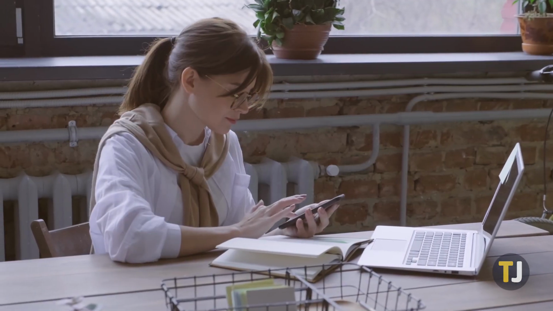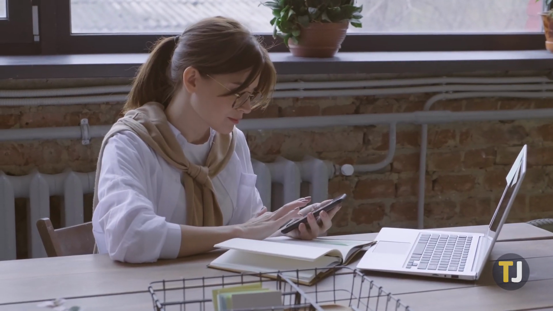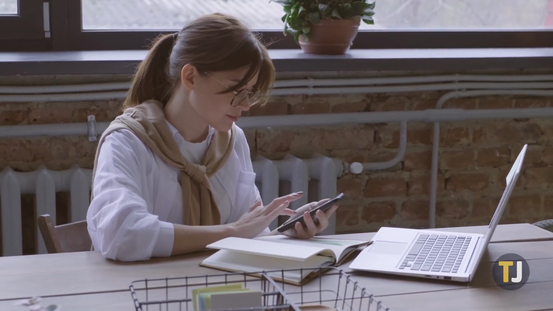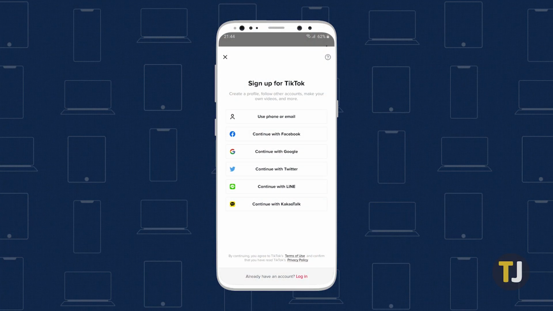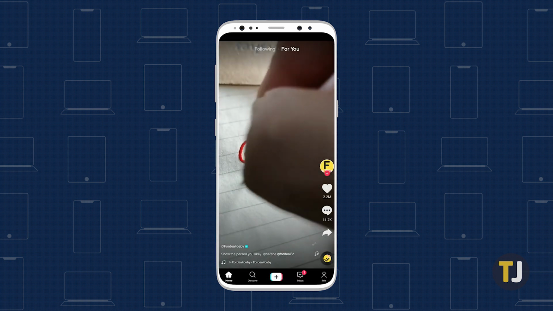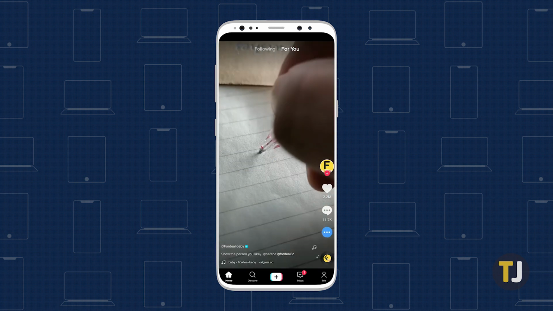Start by downloading the app from either the App Store on iOS or the Play Store on Android, then launch the app on your phone. Follow the steps on screen to sign up for a new account, and you'll be ready to get started on TikTok. After you've logged in, the app will launch on the For You feed, one of the two featured tabs